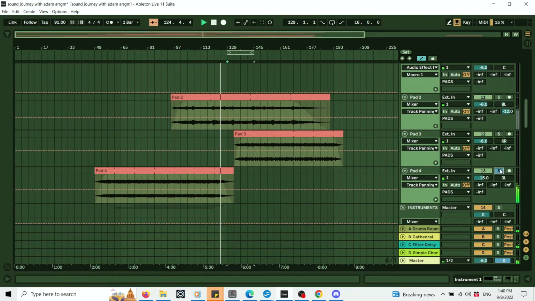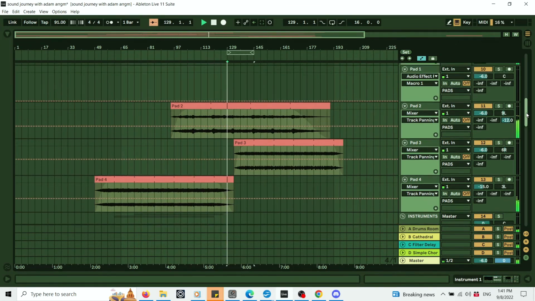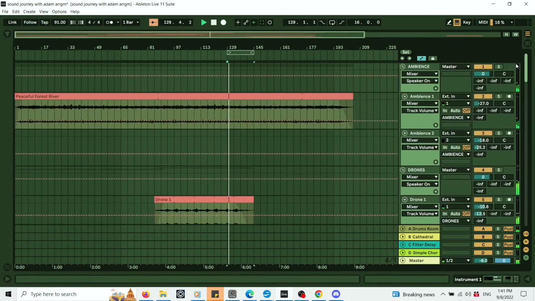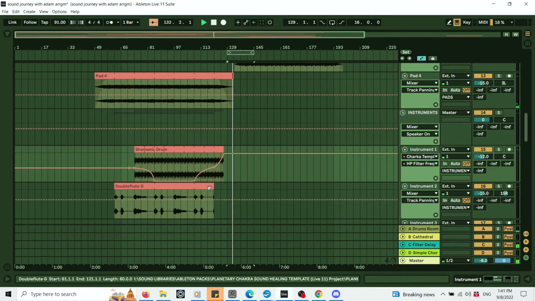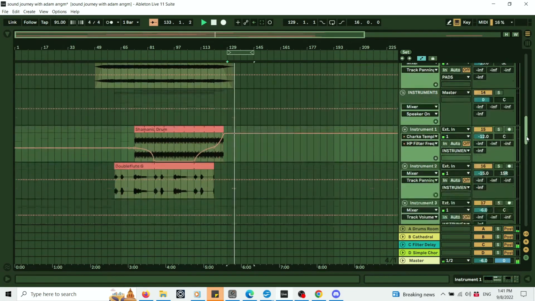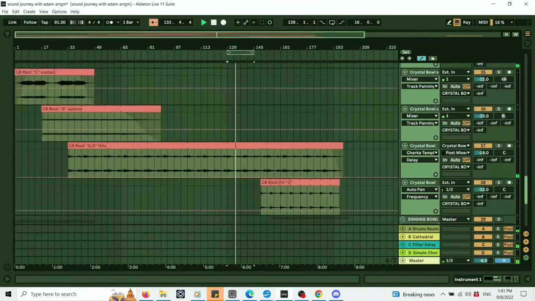Let me solo it. Right, this one. This is the other one. So this one slowly fades out and the other one comes in because those two go really well together. The drum stops, right? So now we had our peak moment, the drum was filtered out, the flute stopped, and now we're focusing more